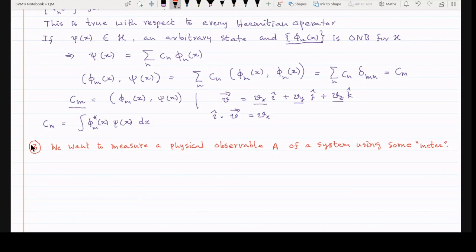Now, quantum mechanics, the formulation of quantum mechanics is such that when you try to measure this observable A, then your meter will show some reading, right? So the result of the measurement,